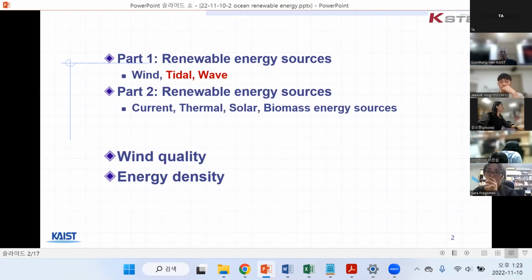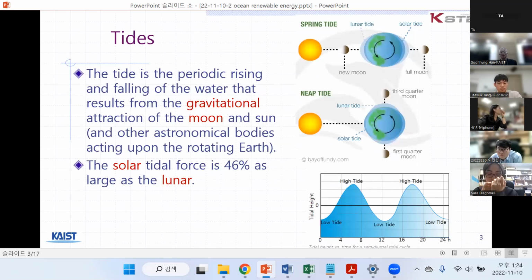So that affects the economy of renewable energy. Even though renewable energy is free to use, collecting energy from low energy density creates a cost increase. Right? Tide comes from, as you know, the moon and sun, but the moon has more effect than the sun